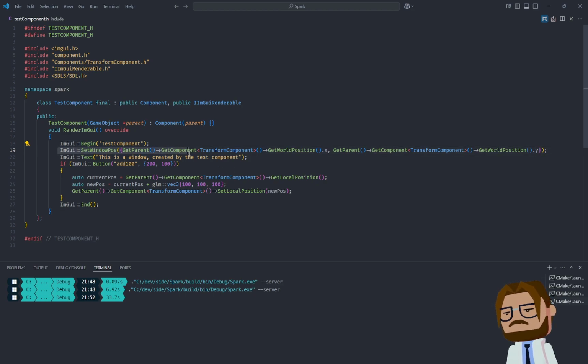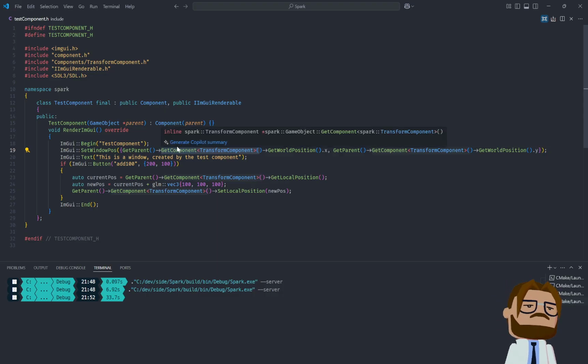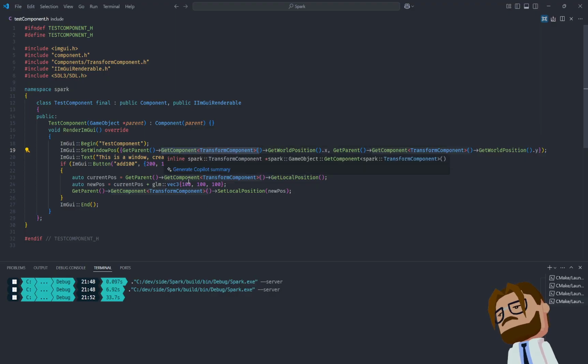Testing this transform, very inefficiently, mind you, is done by getting the parent, getting the correct component, the transform component, which should probably be cached inside of the game object class, so that we don't always have to do this component call, because that does dynamic casting, which does incur runtime costs, performance costs. But all right,